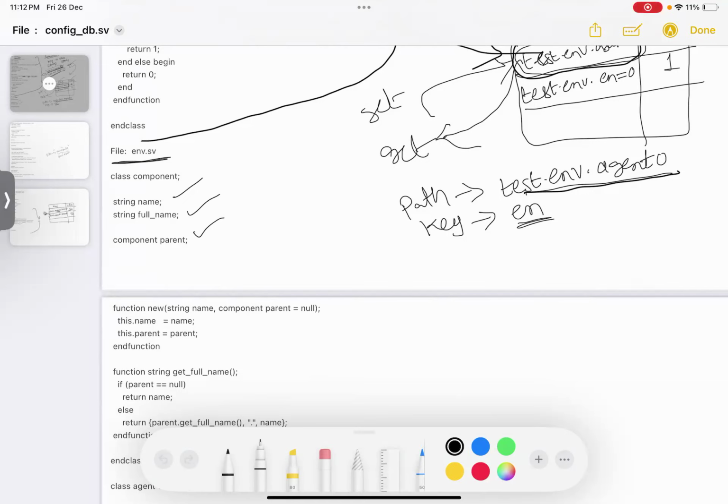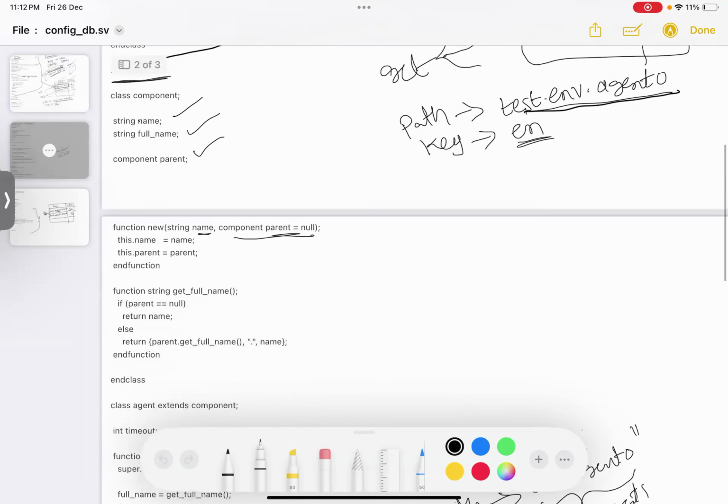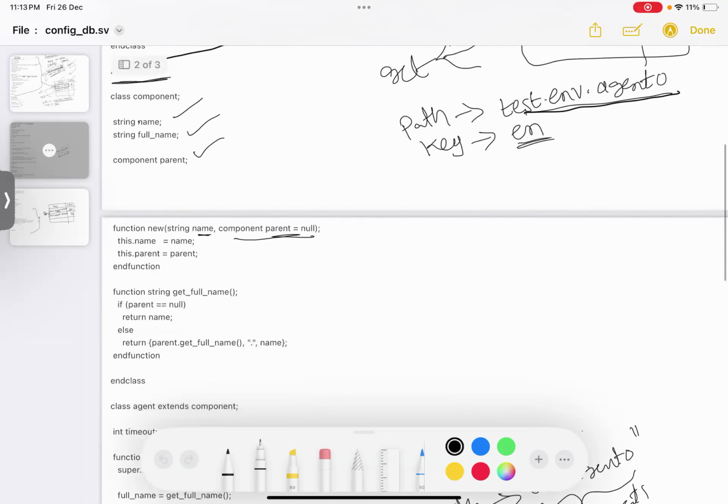This constructor has two arguments: one is the name, and one more is the instance, component parent, defaulting to null. I am assigning this dot name equal to name, and this dot parent equal to parent. Here I declare one function called get full name. If parent is equal to null, directly name is the full name. Otherwise,